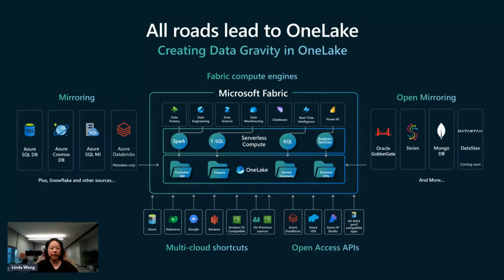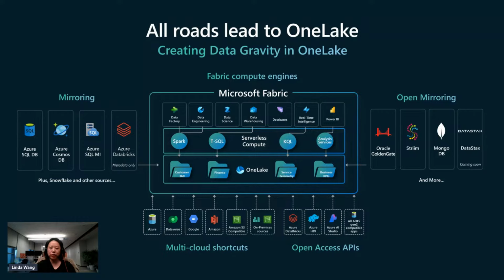So as a summary, as we shared, all the roads just lead to OneLake. So we mentioned that OneLake is the center of Microsoft Fabric, which really creates the data gravity in OneLake. And with mirroring, on the left-hand side, we have the database mirroring for Azure SQL Database, Cosmos DB, Snowflake, SQL MI, etc. to really bring data from different data sources into Fabric, which is a built-in CDC-based solution. Mirroring will detect the change, replicate data, and land into the mirror database as delta tables for you.